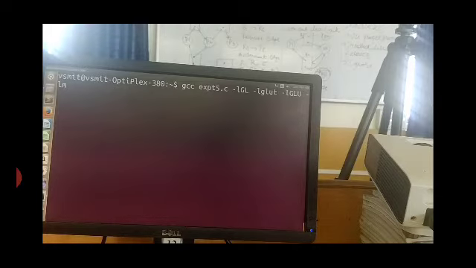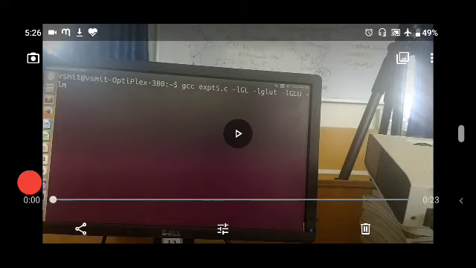To compile it, you give the command gcc expt5.c, and we use some options: -lGL, -lglut, -lGLU. We use these options because we are using GL functions, glut functions, and GLU functions.